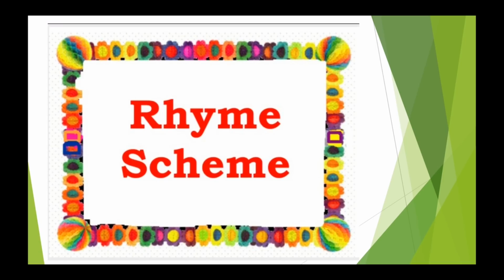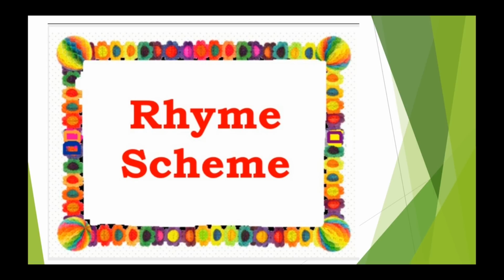Rhyme scheme, like other writing tools, is used to create balance and relieve tension, manage flow, create rhythm and highlight important ideas. Its basic function is to form units of sound and suggest units of sense. It also communicates the idea in a more effective way. It is not necessary that every poem should have rhyme. If the poem doesn't rhyme, it's most likely written in either blank verse or free verse.